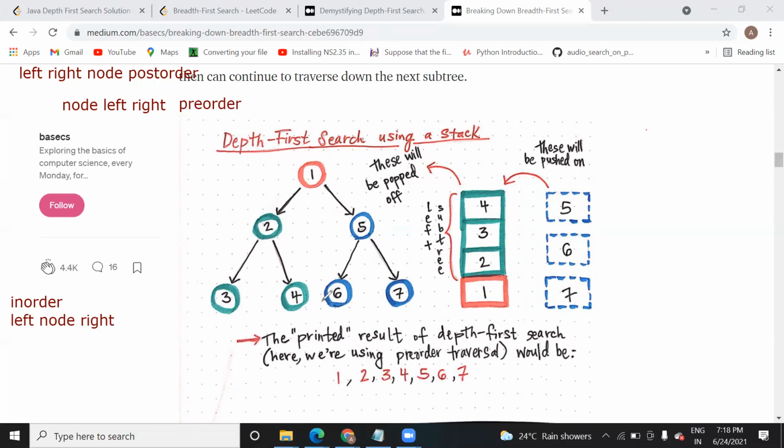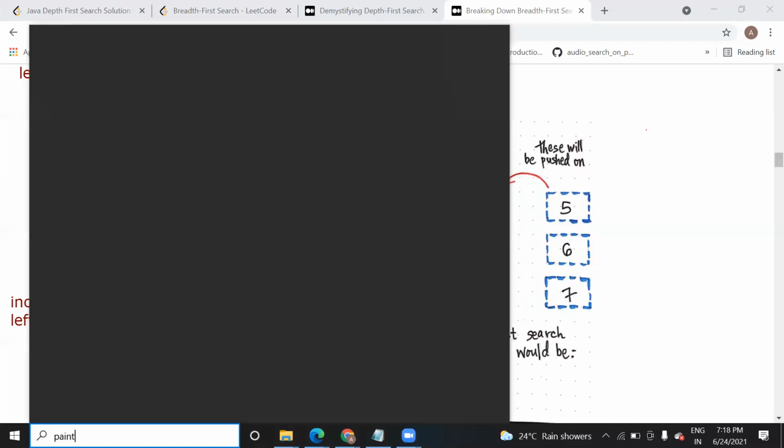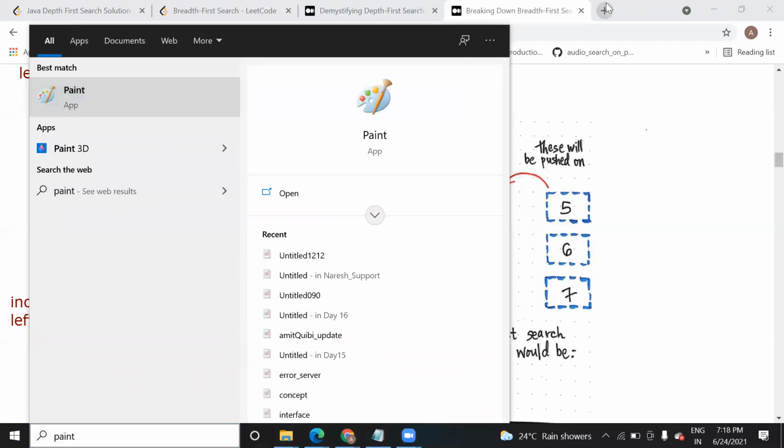Okay, just give me a minute. Let me open Paint, and I can show you the image first.